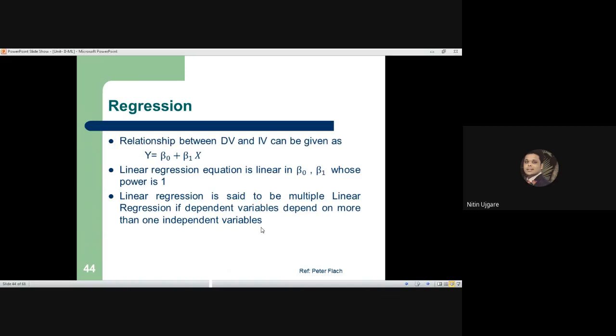So how do we mathematically represent linear regression, wherein the focus is to show the relationship between the dependent and independent variable? Remember, the dependent variable is also called the response variable or output variable, whereas the independent variable is also called the regressor or input variable. These are the different terminologies used for the dependent and independent variable.